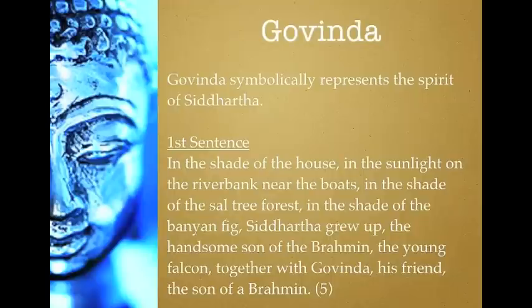as Siddhartha. And I also want you to notice how many times trees come up here. They come up 2 times, sal tree and banyan tree. In both cases, this is in the shade. Shade might be something spiritual, like a ghost could be a shade. Shade could be something dark, and in terms of the yin-yang, which we're using as kind of our map, the dark side should be the soul side, believe it or not. Okay, and we also have this connection with the real Buddha, who, by the way, his name was Siddhartha.